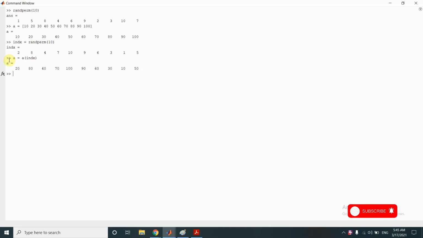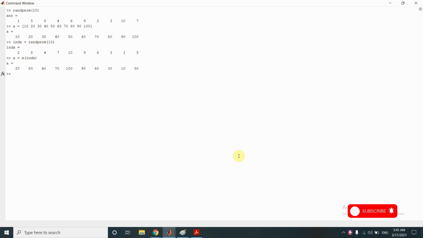So in this value, you can see the original A vector was this, but after using the randperm function in index, this new A vector has all the elements randomly shuffled. Now, when we take these two consecutive values after shuffling, they would be consecutive, but in reality they would be a random selection, because 20 and 80 are not the first two elements, rather they are randomly selected.